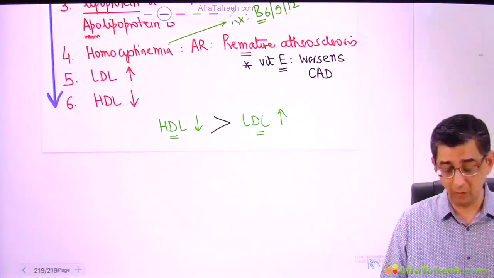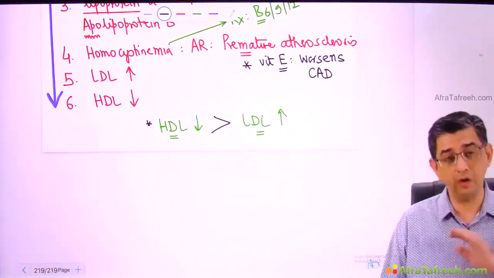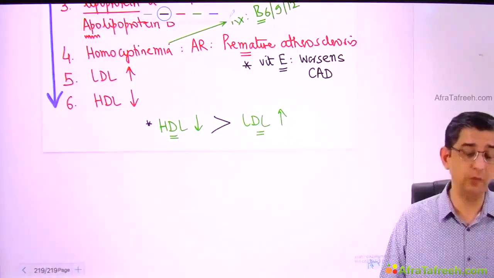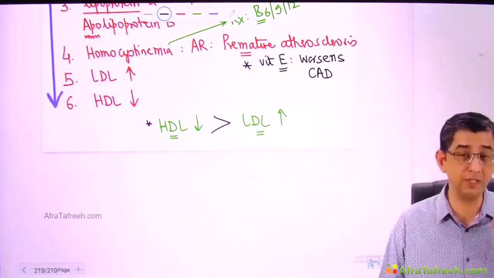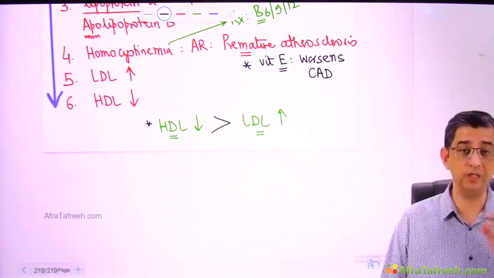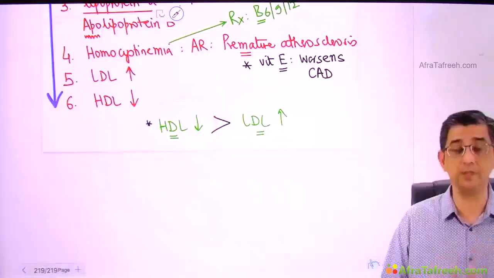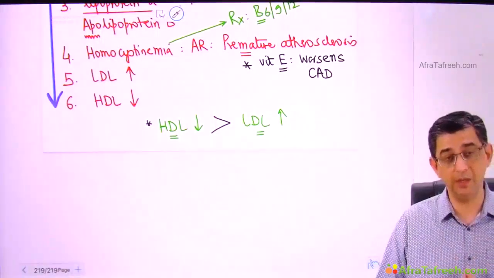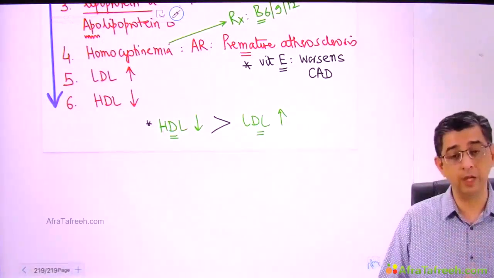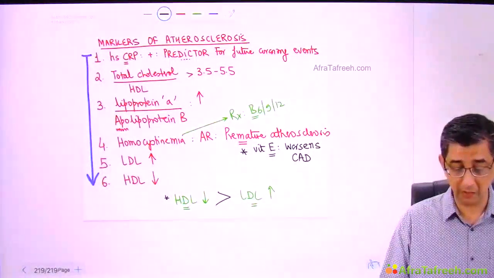So as of now, medical science still has a big lacuna, though a lot of research is going on for lots of categories of drugs which are being used to increase the value of HDL. But at the moment, we have not been able to cause a substantial, I mean significant, rise of high density lipoprotein. The day we are able to develop a drug that causes elevation of HDL substantially and we start giving it to the Indian population, the incidence of coronary artery disease in India will dramatically reduce. These are important risk factors that I want you to remember, especially from the perspective of the exam.